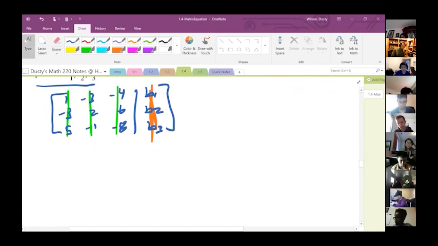As soon as you see letters in what you're trying to row reduce, that's a hint that we're going to need to row reduce by hand. So if I want to get rid of the